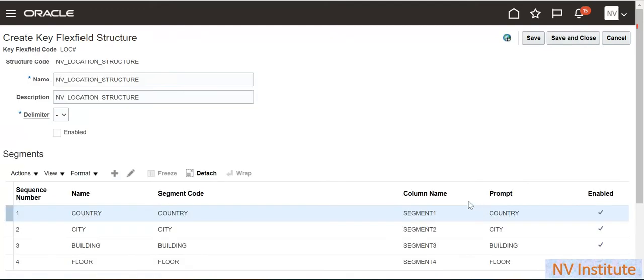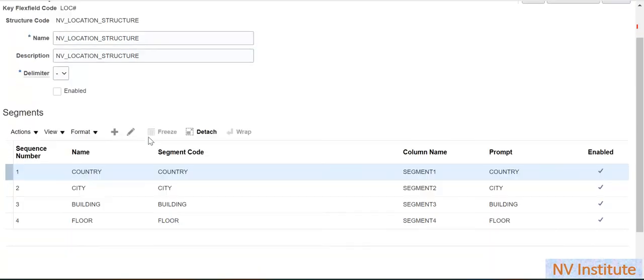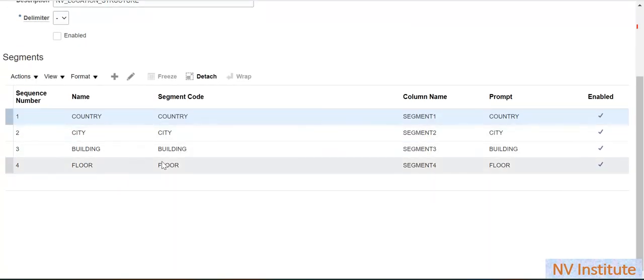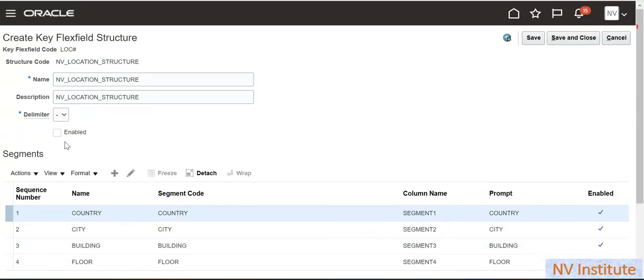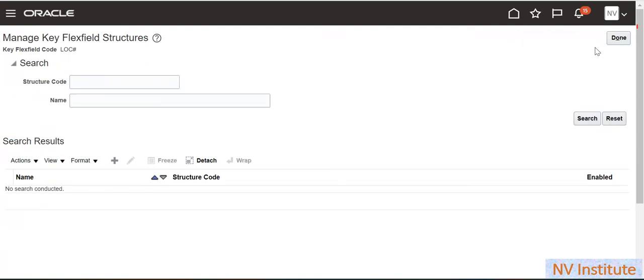So we have assigned for the structure country, city, building, floor, and also the corresponding value sets. So for time being, I haven't enabled, but you need to enable as you practice. Save and close. Now let's proceed with the last step,